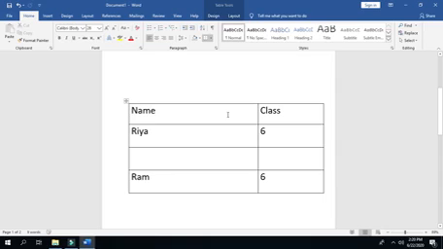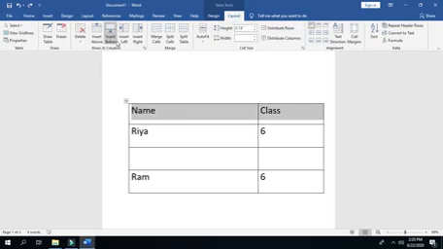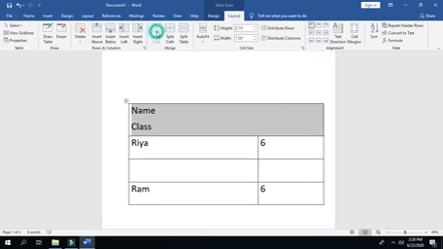So to combine cells in a table, firstly we will select the boxes that we want to combine. Then we will click on Layout tab. Here is the option Merge Cells. See, the two boxes changed into one box. So this is the merge feature or combining cells in a table feature.